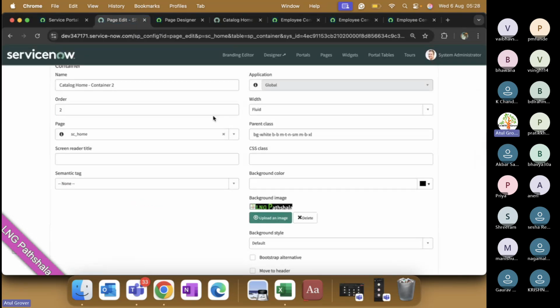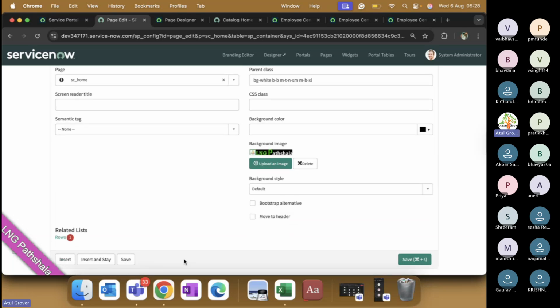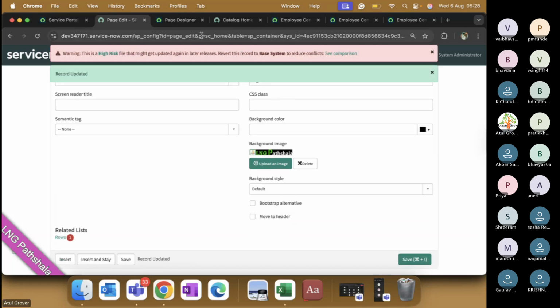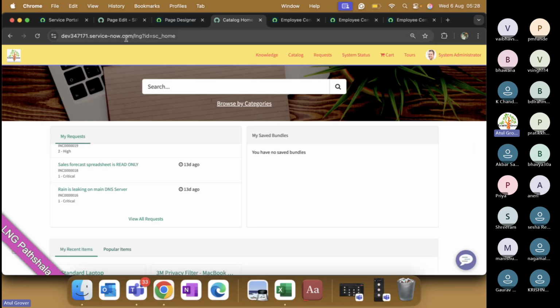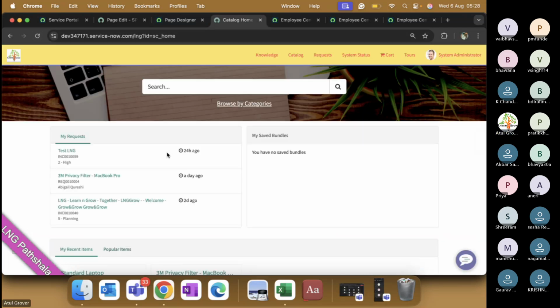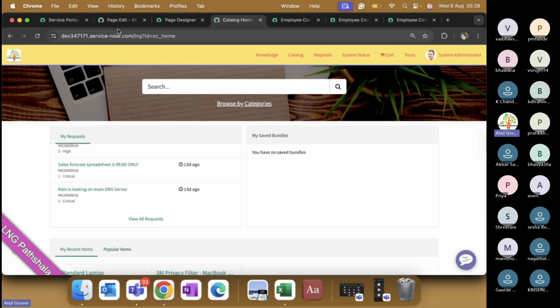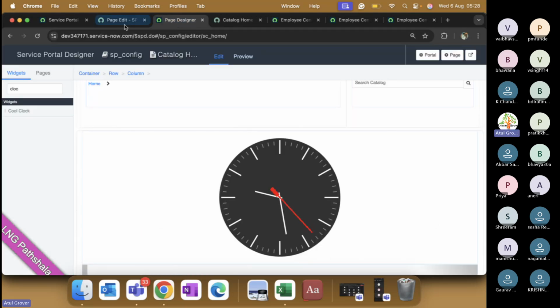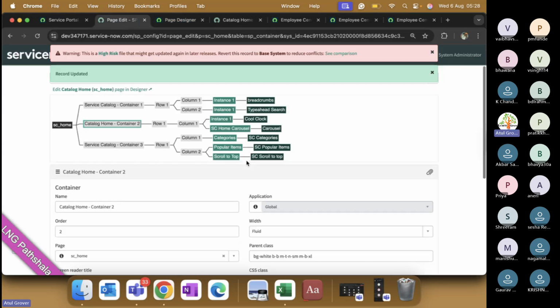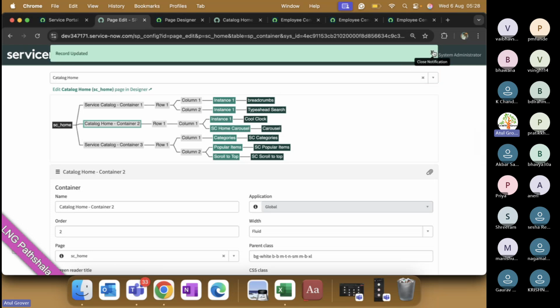It's not reflecting here. What did we do? No, we did not save it. Now let's see where it has been changed. No, still not changing. Okay. So in this particular option, you can see the pages will help you to understand how the complete